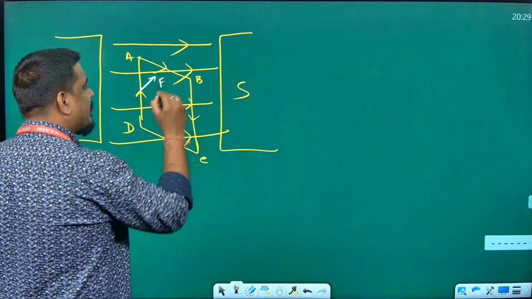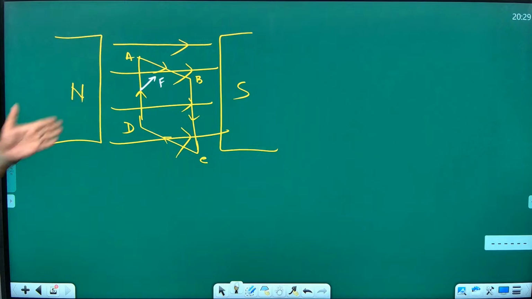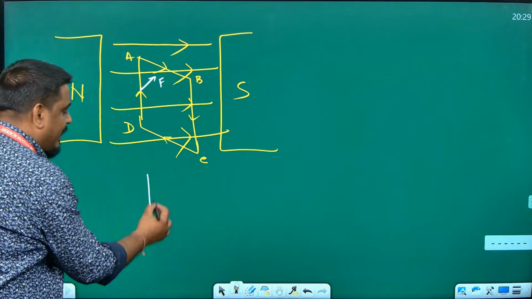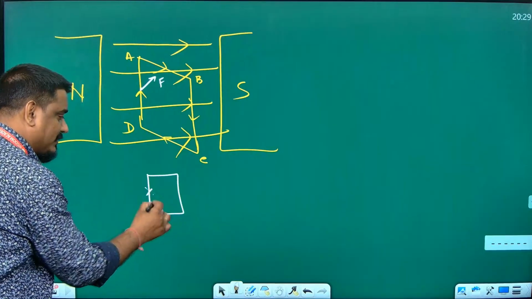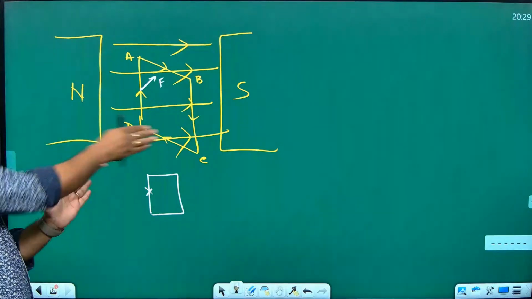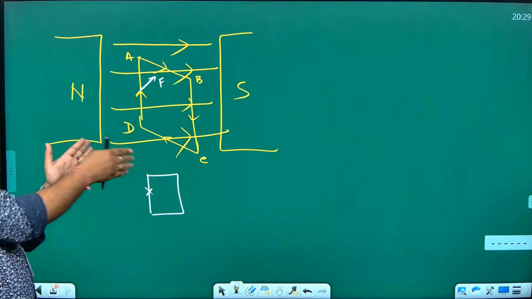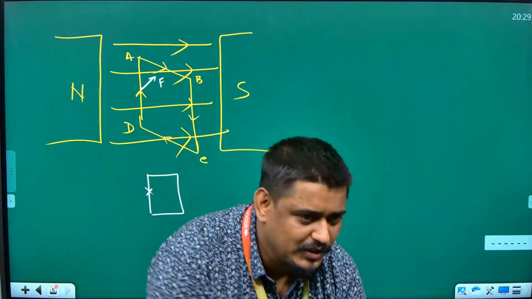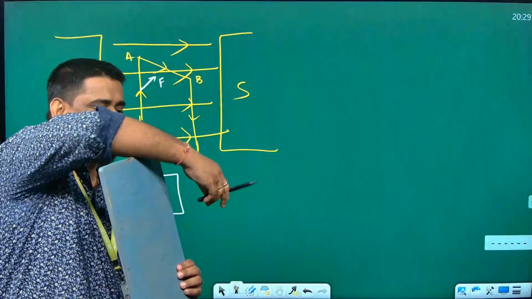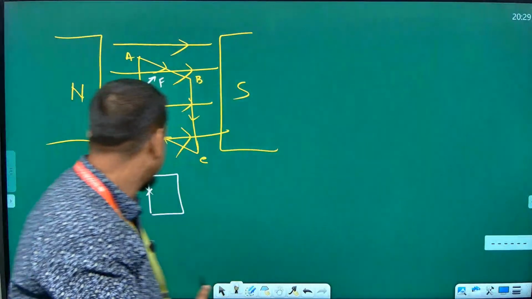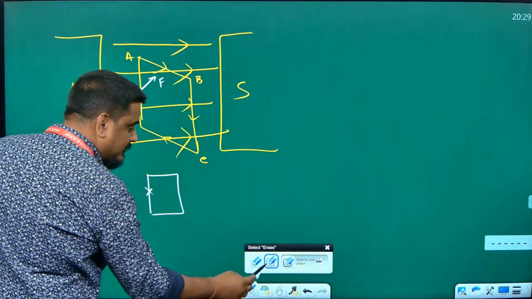Do you agree with me? It is into the plane only, but I am drawing it somewhere on that side. If it is kept perfectly in this way, then yes, you can say it is into the plane. But I am not keeping it in this way, I am keeping it like this, that is why I am drawing it in that direction. Are you getting what I am trying to say? It is a little difficult to draw on the board. Are you getting my point or not? It is like this, so the force is in this direction somewhere. Okay. Now, what happens